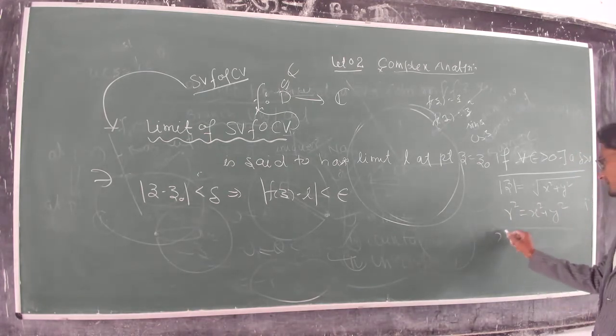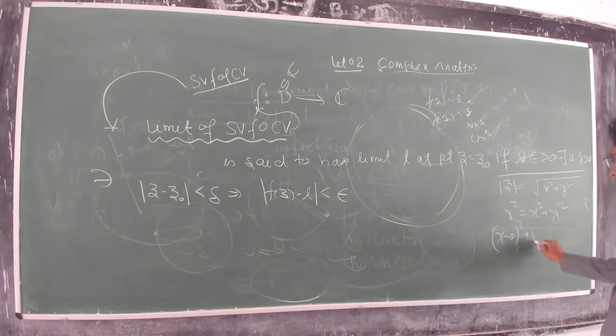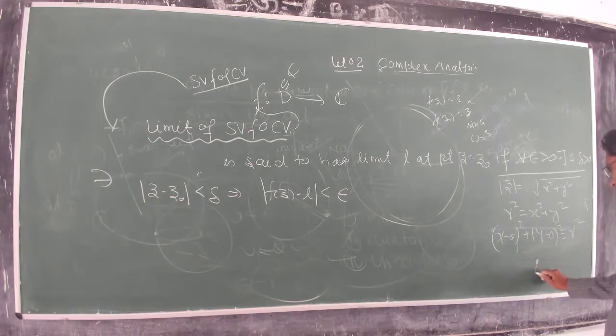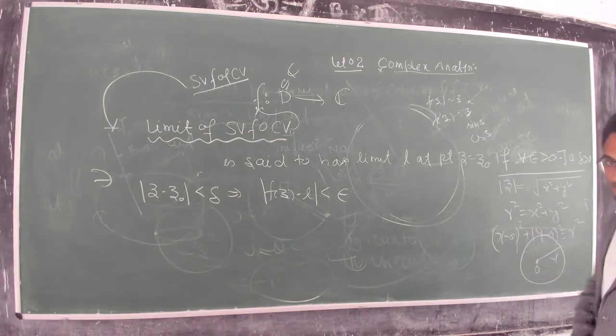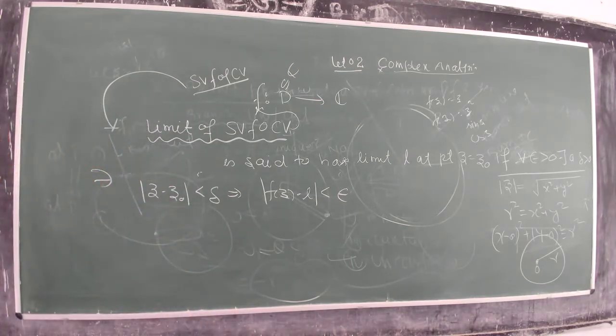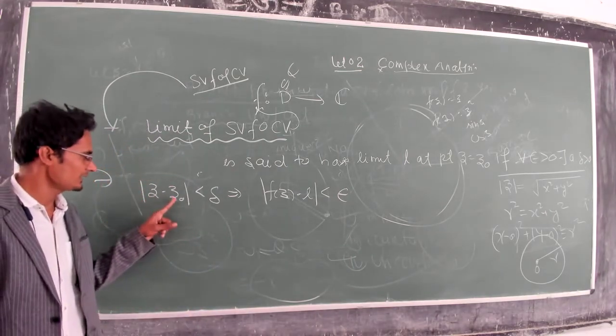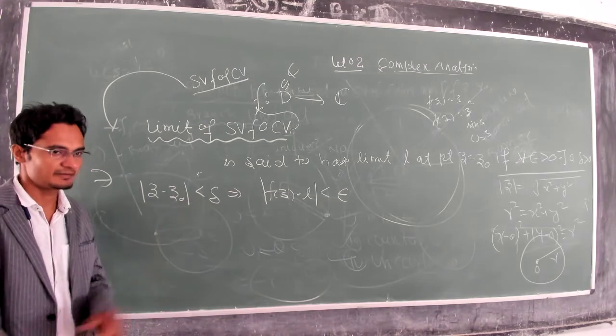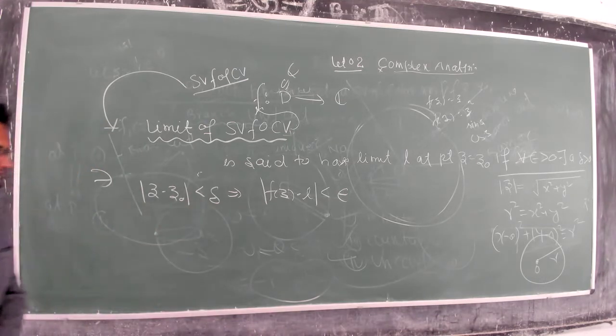Or we can write this x minus 0 whole square plus y minus 0 whole square. So this is the center 0, and radius r. This is known as a circle. Okay. What is this meaning? If you see z minus z naught less than delta, right? This implies that